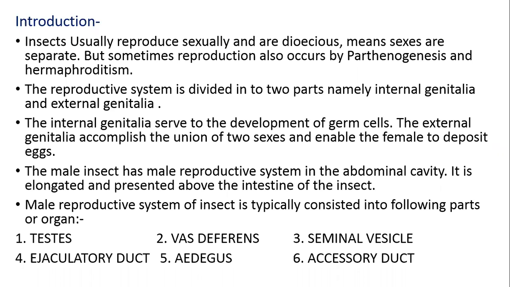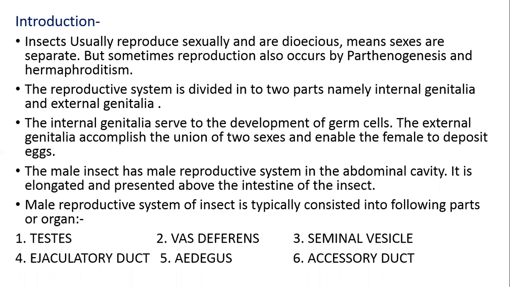Insects usually reproduce sexually, लैंगिक रूप से सामान्यतः ये जनन करते हैं, and are dioecious, और एकलिंगाश्रयी। इसका मतलब हुआ कि sexes are separate, means unisexual, but sometimes reproduction also occurs by parthenogenesis. सामान्यतया तो सेक्सुअली रिप्रोड्यूस करते हैं, लेकिन कभी कभी ये पार्थेनोजेनेसिस और हर्माफ्रोडाइटिज्म भी यहाँ देखने को मिलता है।